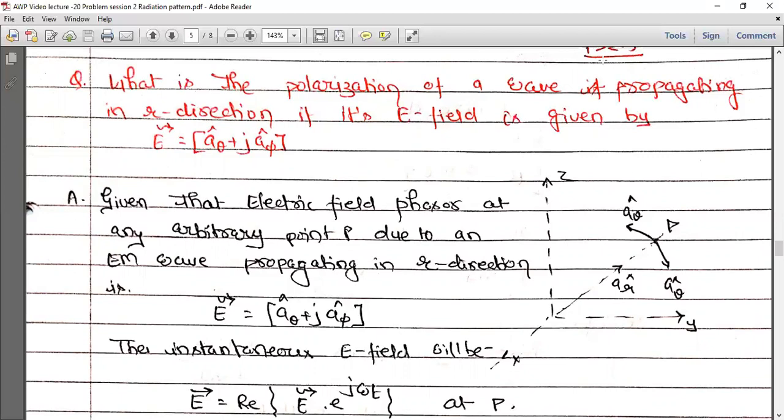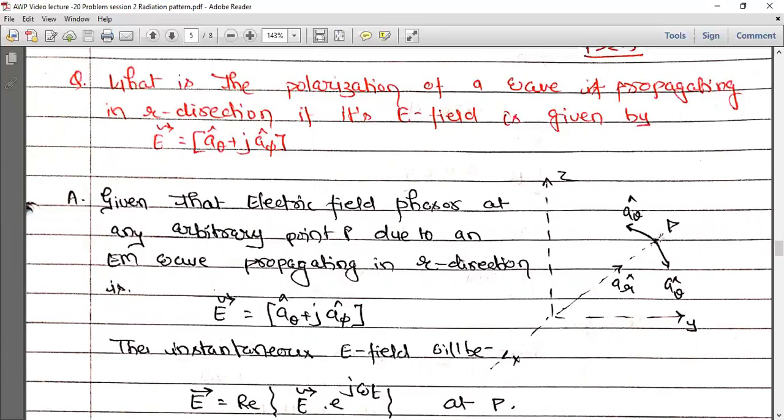The electric field intensity is interpreted as we have already done in the first question of this particular session. And the thing to be understood here is the meaning of polarization. What is the meaning of polarization? Suppose in this particular figure, an antenna is placed here at the origin, and the wave starts propagating in this particular direction. So direction OP is a r cap, in which the wave is propagating. And given to you is the electric field intensity having two components, one is A theta and one is A phi.